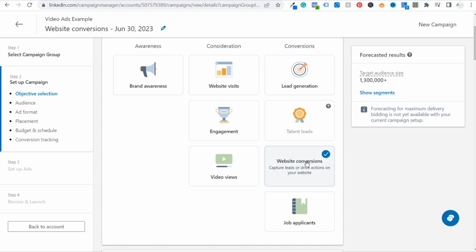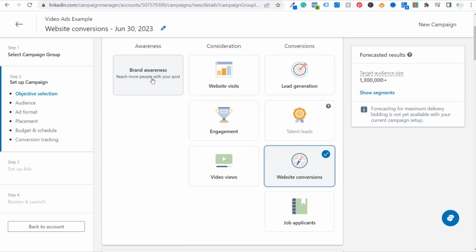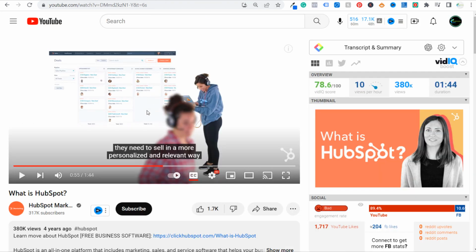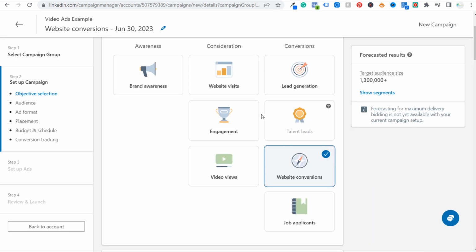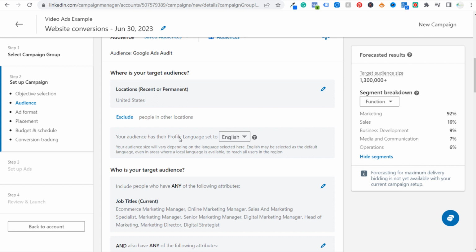So there's all of these different goals if you're going to be running video ads. You want to make sure you're choosing the right goal for you. Again, for me, it's usually lead generation or website conversions, but for larger businesses who are trying to reach a lot of customers, something like brand awareness could be worth it. If you want to say, okay, we're going to spend $2,000 over the next month, and our ultimate goal is basically just to run, if you're HubSpot, for example, a video basically saying, here is what HubSpot does, and here is why you should be purchasing HubSpot, and then you choose the right audience of people that are going to be the most likely to be